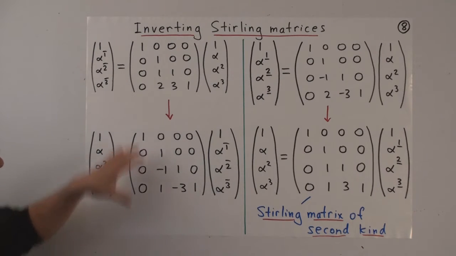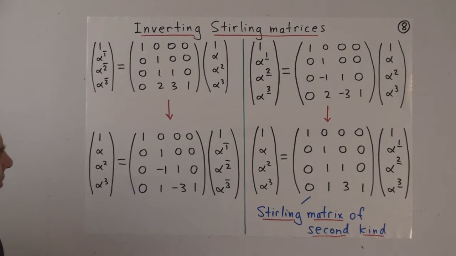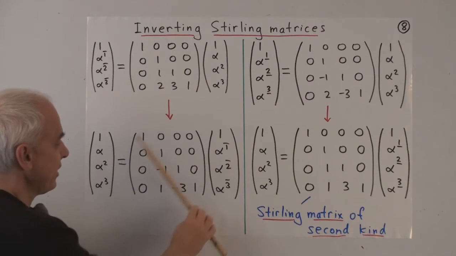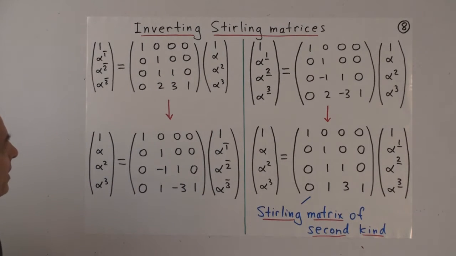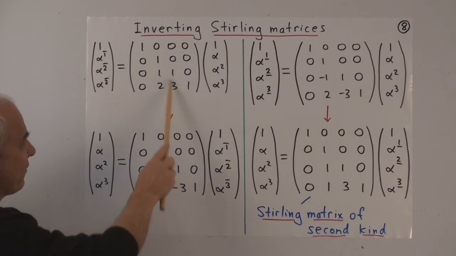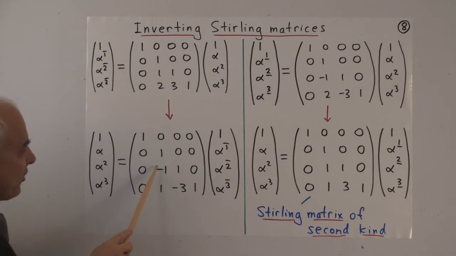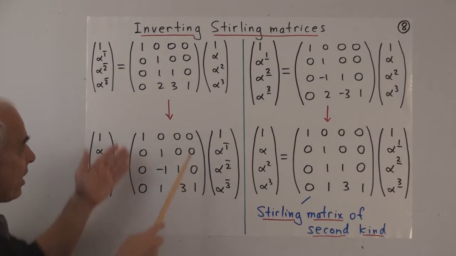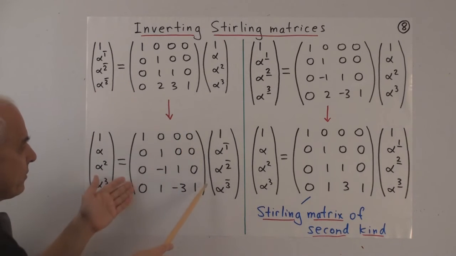And although it has roughly a similar kind of shape to the original, it is different. This one was a lower triangular matrix. This one is also a lower triangular matrix. This first row here had a 1 and then a bunch of zeros. This first row also has 1 and zeros. Although the diagonals are still 1s, these off-diagonal terms seem to be a little bit different from these ones here. Although we do notice that there's some minus signs along this diagonal and no minus signs there. But it's certainly not clear what the pattern is. If we went to a bigger size, how would we generalize this?